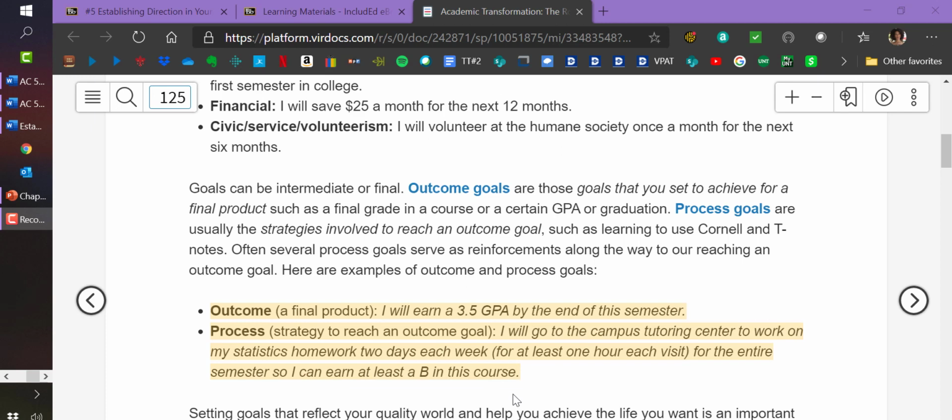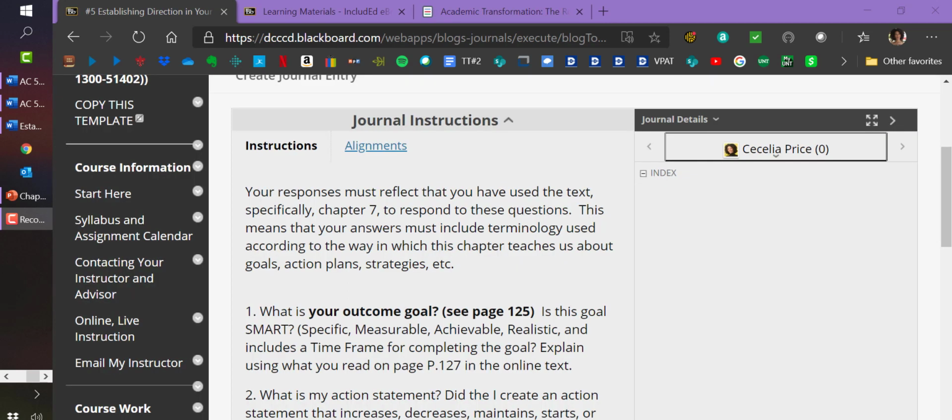That is a strategy for meeting that outcome goal. For your journal entry, you need to determine an outcome goal before you begin that assignment. So let's look at this assignment. Your responses must reflect that you have used the text, specifically Chapter 7, to respond to these questions. This means that your answers must include terminology used according to the way in which this chapter teaches us about